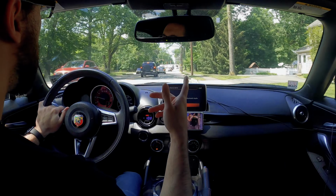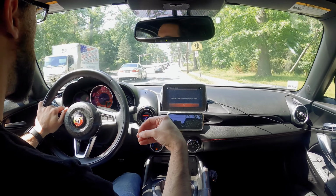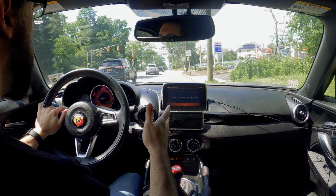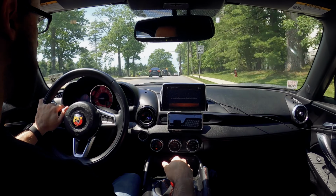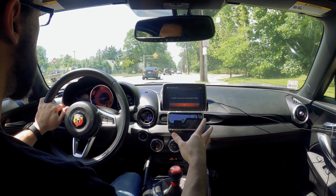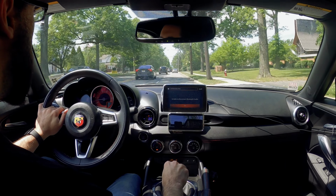So I wanted to go over some modifications that are sometimes overlooked, or people say they might be expensive. Are they worth it? And just kind of shed some light onto it and start a conversation with you guys. Specifically, I'm going to be talking about some interior mods, and it's going to be the shift knob and